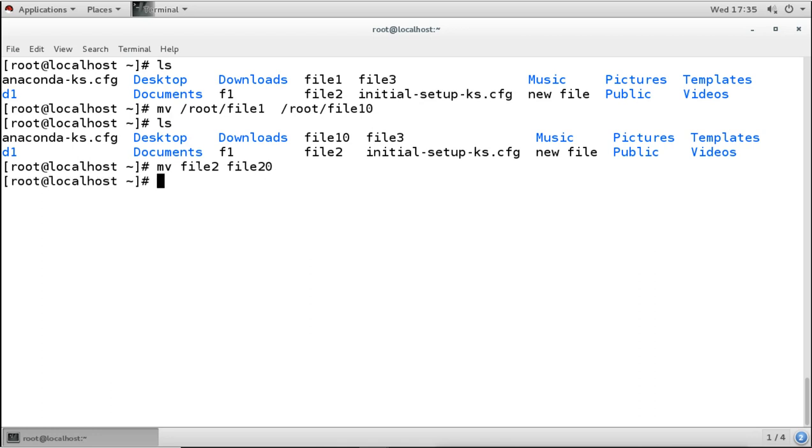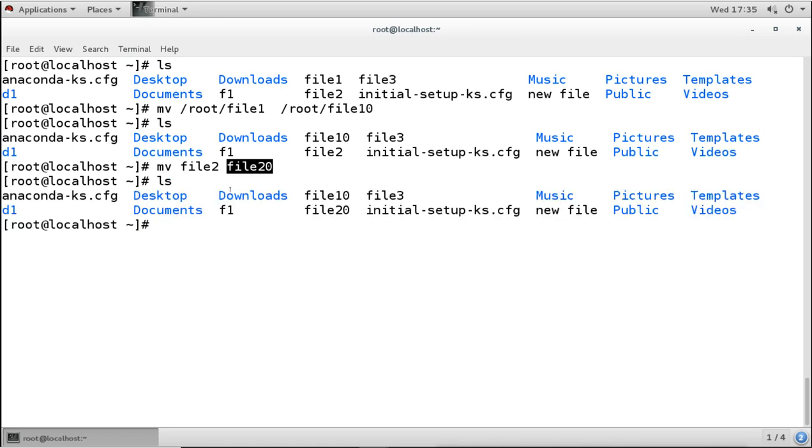This is the source and destination, because I am using a local path, so I am not giving any path, and it is just renaming the file. So this F2 has now become F20. So for renaming a file we use the move command, and whatever you want to rename, file or directory, we can use the same command.